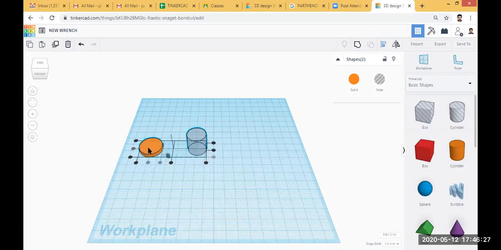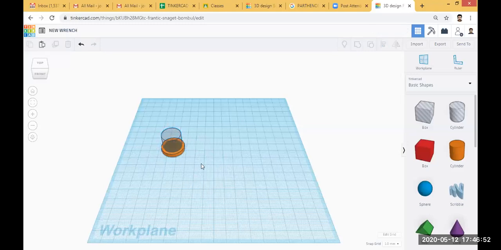That means the center of this ring and the center of this hole are in the same line. The center of both these objects will be the same. So in this way you can use the align command.